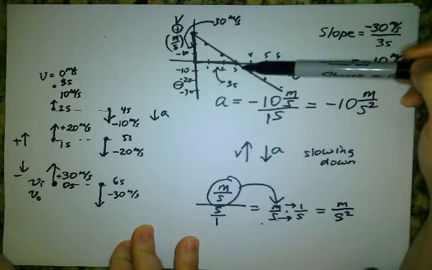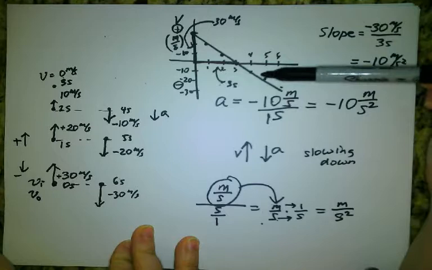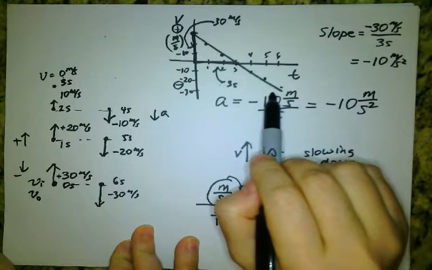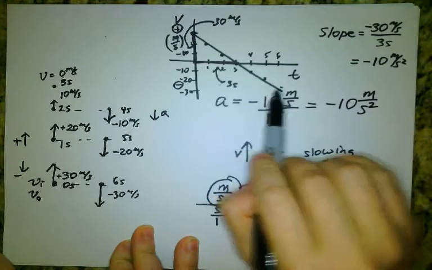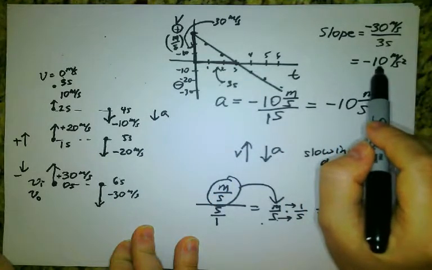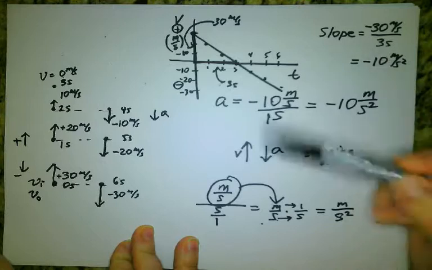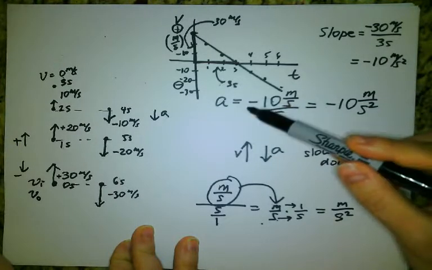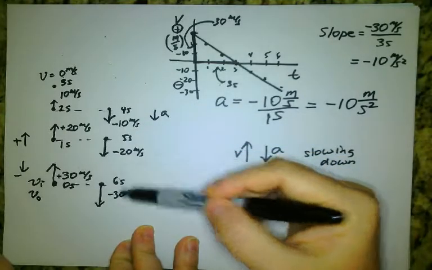And a slope represents acceleration. So if you have a constant slope, that means the acceleration is constant. It's the same. There was always 10 meters per second every second being either taken away or added on to the speed. The change, see, acceleration, we talked about this in class, is the change in velocity per unit